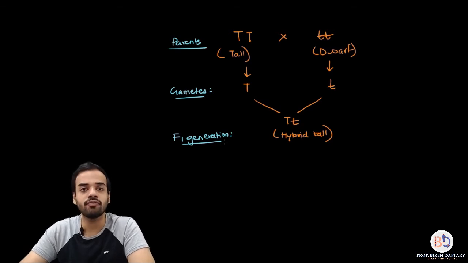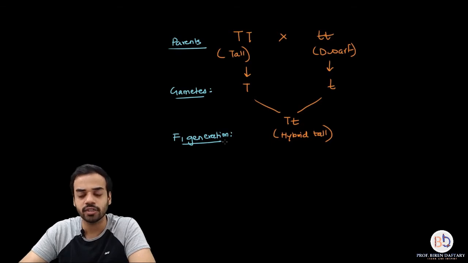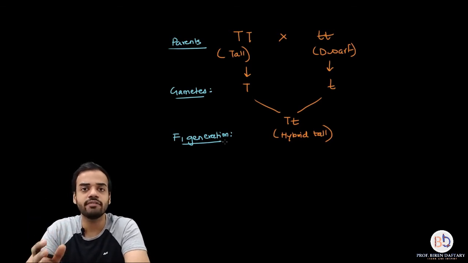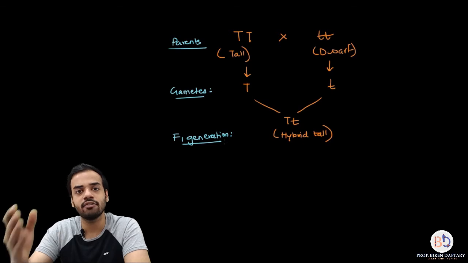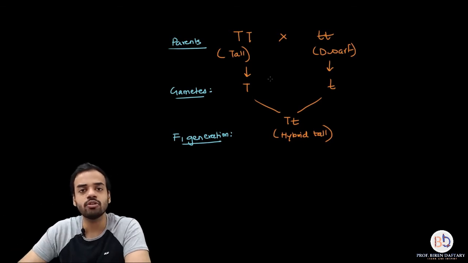So here half of the monohybrid cross is done. Okay, if you want, you can use any other character. For example, you can use the color of the pod, the seed shape, any other character you can use. I have used the height character, and I have used both the dominant and recessive traits, that is tall height and dwarf height. Okay, now the next thing to do is to self the F1 hybrids, that is called as selfing,